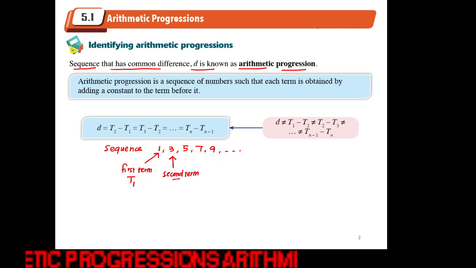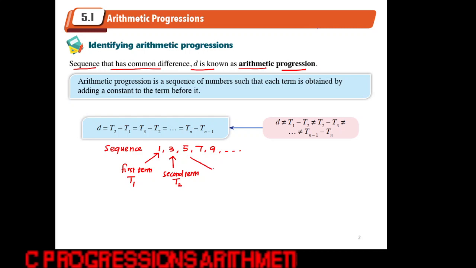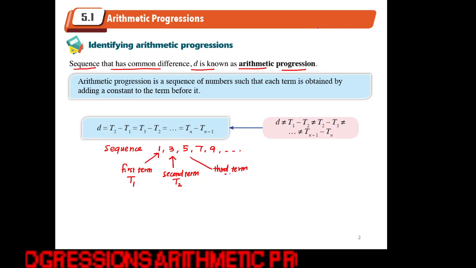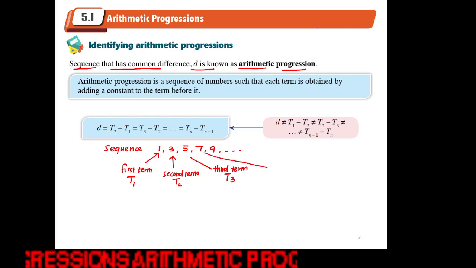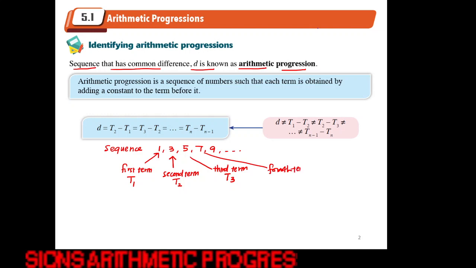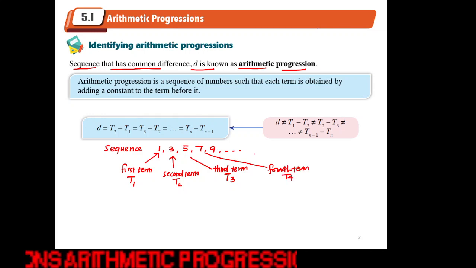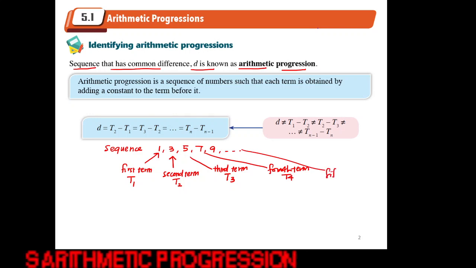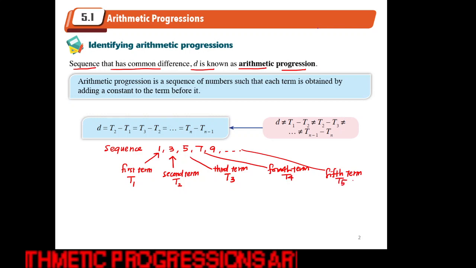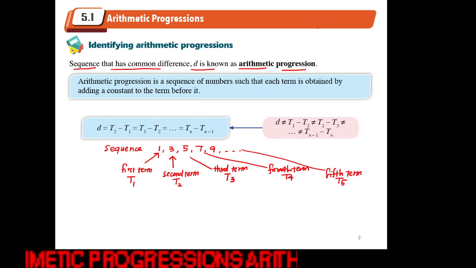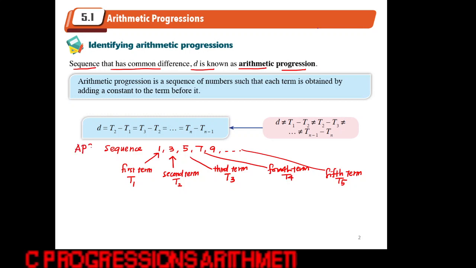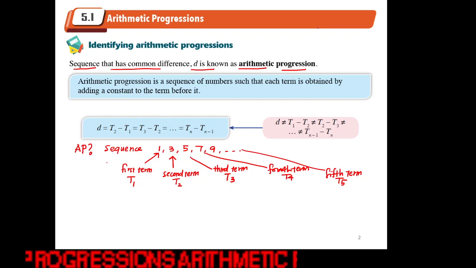I denote it by T2, the third term T3, the fourth term T4, and the fifth term T5. So in order to identify if this sequence is an arithmetic progression, we have to check the difference of